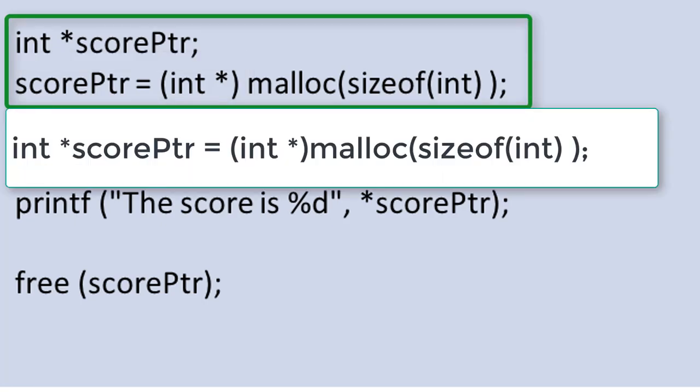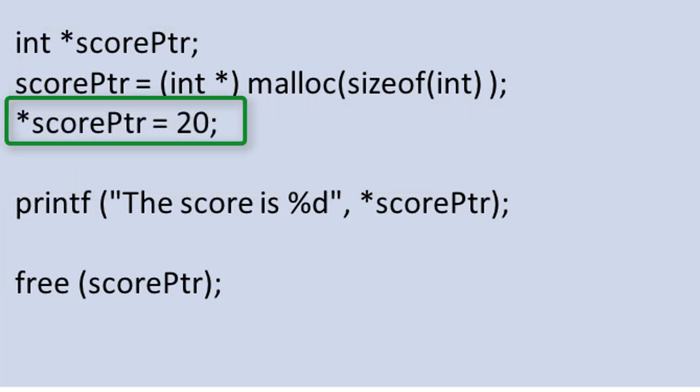This could also be done with a single line instruction instead of two lines: int *scorePtr = (int *) malloc(sizeof(int));